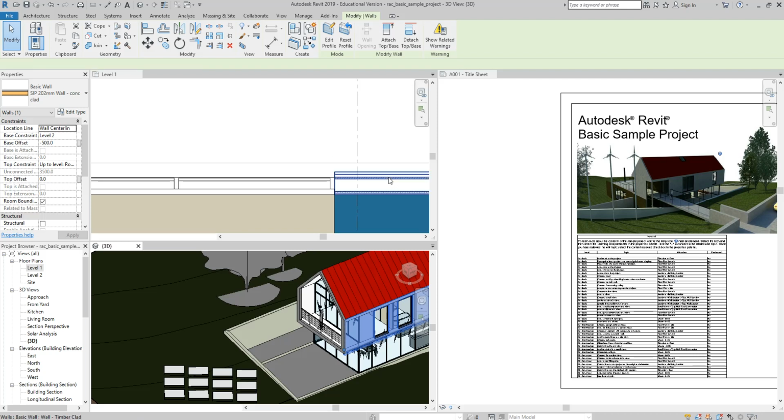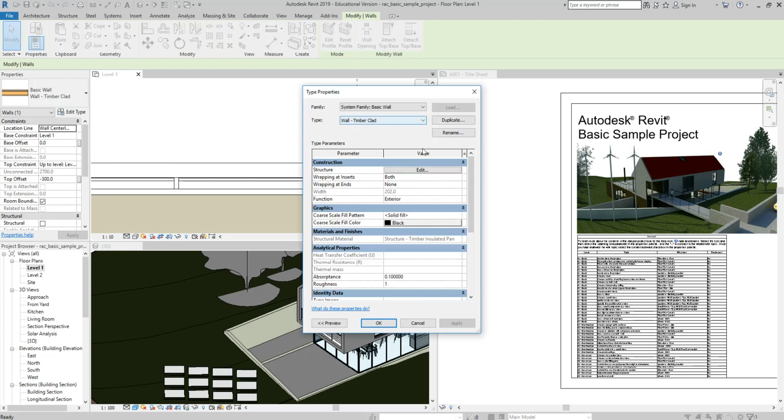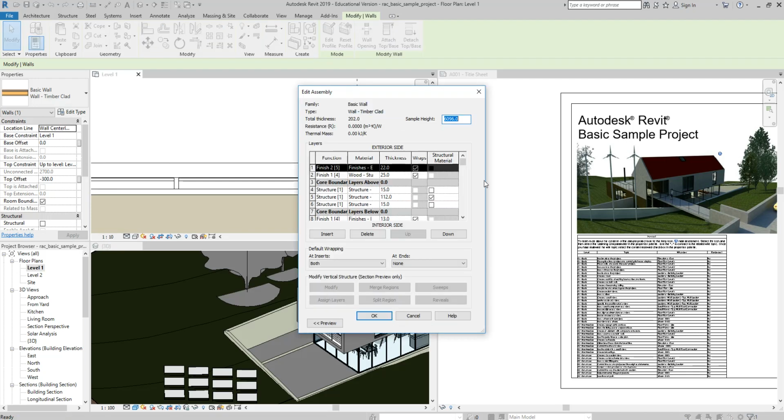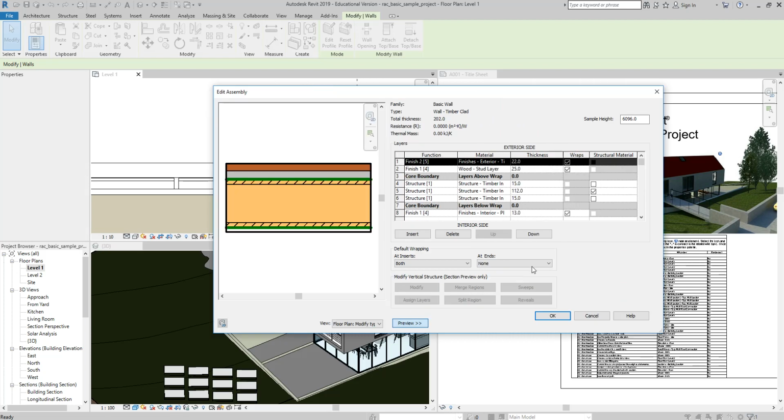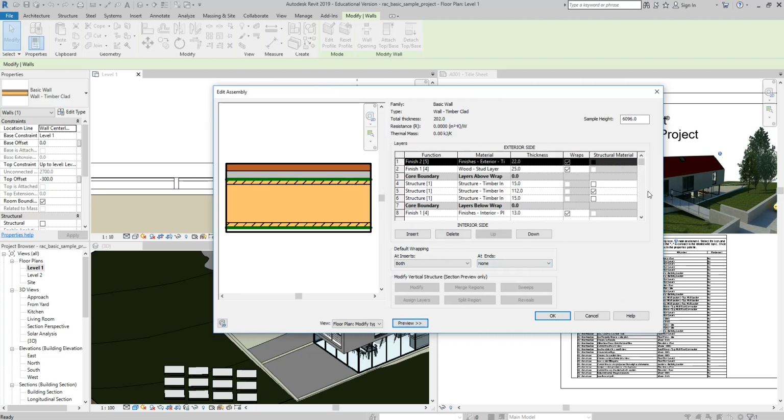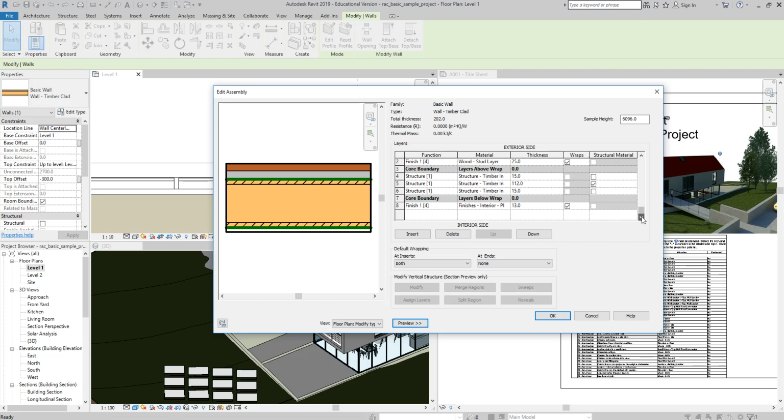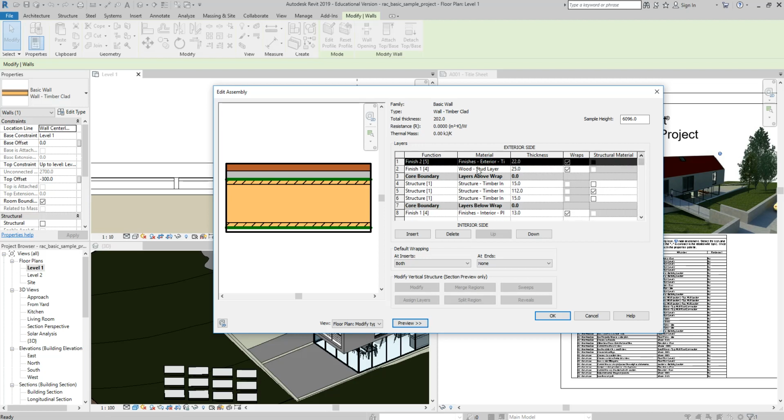In Revit, when I create a wall, I draw it. It's a three-dimensional object. But before I draw it, I actually have to define it with a specific assembly in mind. So when you look at walls in Revit, you see that they are actually defined with an exterior finish, a wood stud layer, we have timber structure, and we have an interior finish here, right? So I'm seeing all of these different layers, right, that are part of an assembly that define a three-dimensional wall,